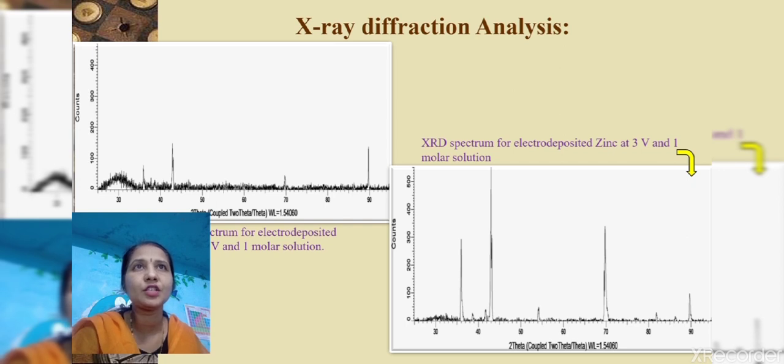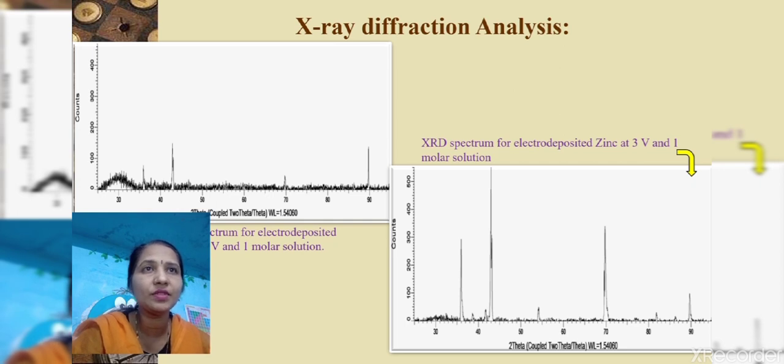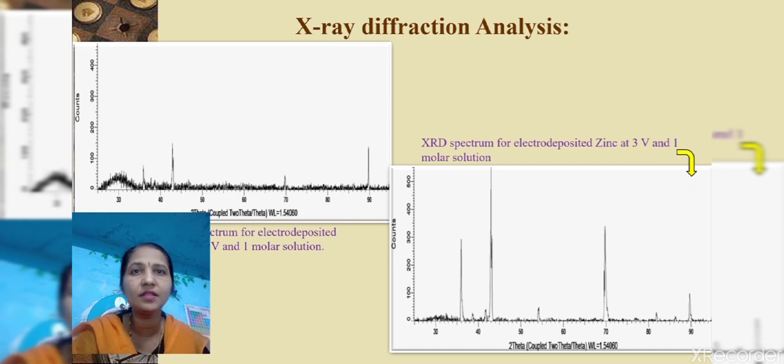The XRD spectrum corresponding to electrodeposit at 9 volt shows count at different angles almost all over the spectrum with a distinct hump at around 30 degree, and the characteristic peaks corresponding to 110, 200, 004 and 303 are also visible, however less prominent. The XRD spectrum for electrodeposit obtained at cell operating voltage of 3 volt, that is the second figure, shows prominent sharp and distinct peaks corresponding to 110, 200, 004 and 303. These peaks are seen to be more prominent here because the electrodeposit here is having more of crystalline nature as compared to that of the 9 volt electrodeposit. That is the first diagram.